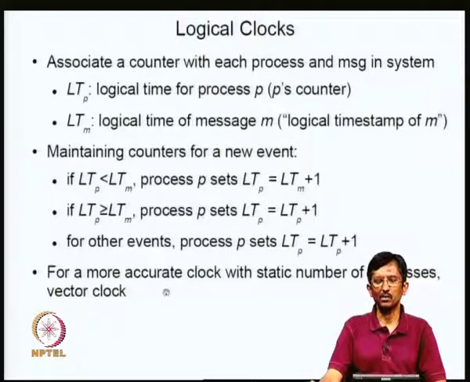If you are looking at something like causal models, these vector clocks are quite useful. That is why, for example, many implementations of causal ordering use vector clocks, because by definition in a group communication system you are going to be managing membership. Since you are managing membership, you exactly know how many processes there are for that epoch before the view changes. Therefore, you can assume that between failure events there has to be a fixed number of processes, so you can use a more accurate clock, the vector clock. Okay. We will look at the vector clock.